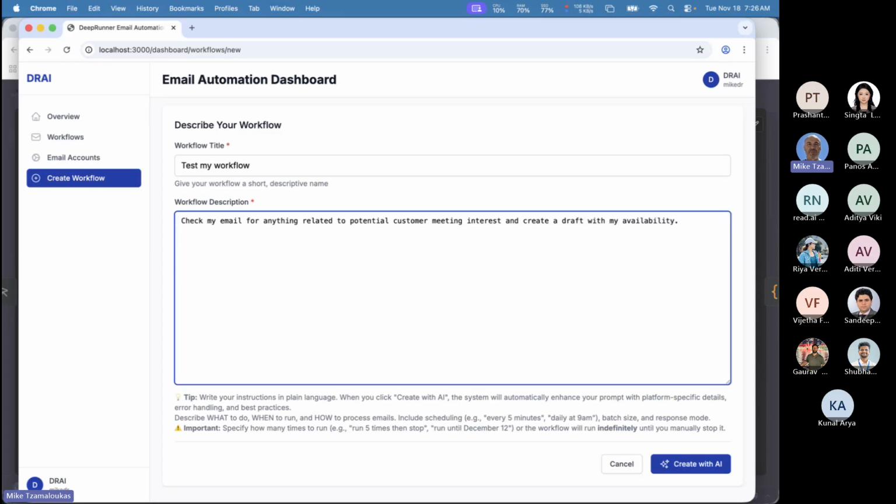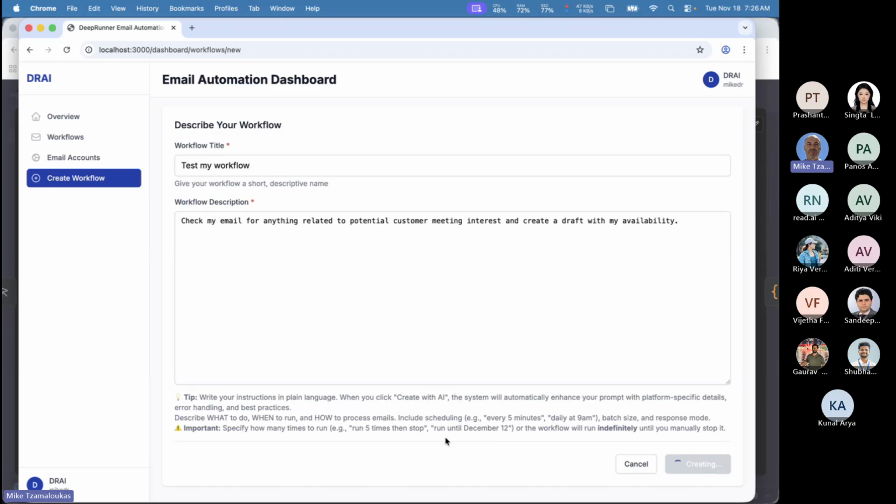That pretty much would be one of those workflows where once I click the button, create with AI,